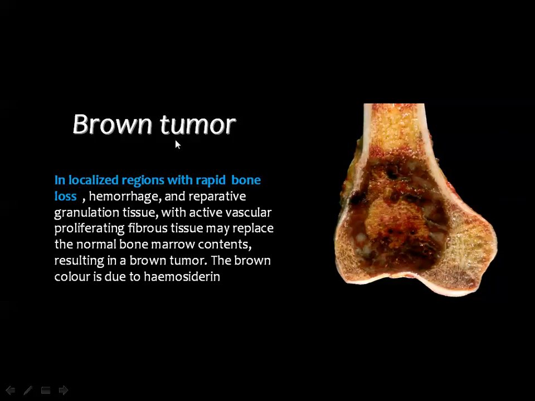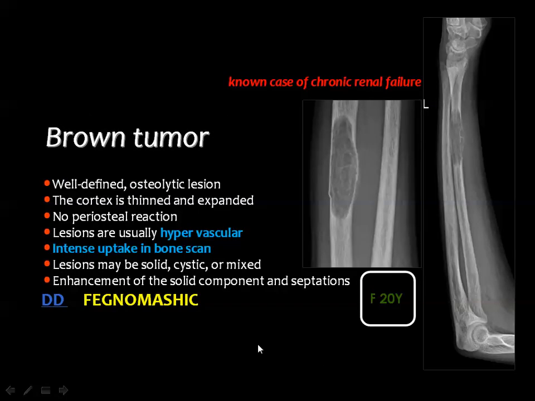The brown tumor is an osteolytic area at the site of aggressive osteoclastic activity with hemorrhage and vascular proliferation. The name brown is from the presence of hemosiderin inside this tumor. But if you look at the skeleton, you will see an osteolytic lesion with a sclerotic margin and an expanding nature, maybe with internal